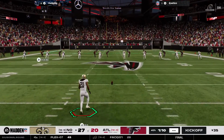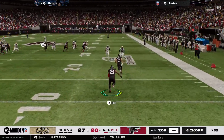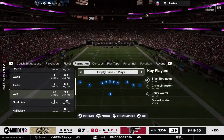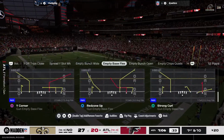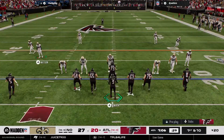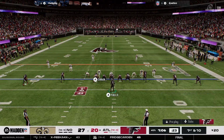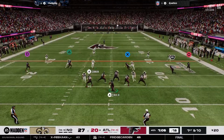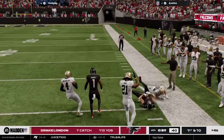The ball upright on the tee, and the Saints kick team booms it away. And he will make it to the 20-yard line and no further. 1st and 10 at their own 20-yard line. Here's 1st and 10. They'll look to throw. London holds this one in. And they work this well upfield across the